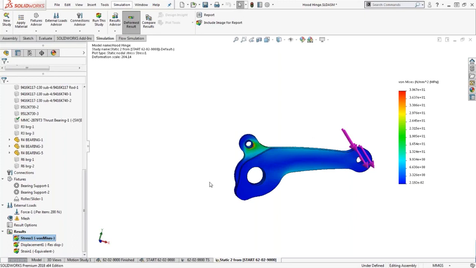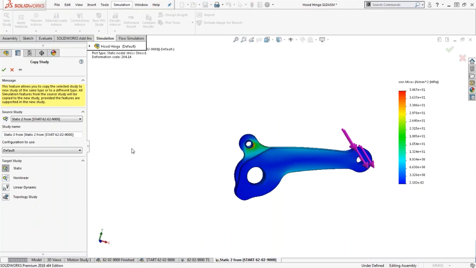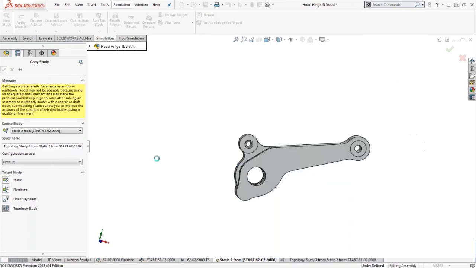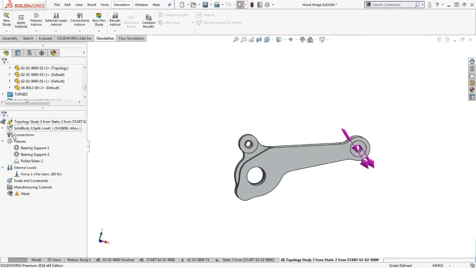So in this case, what we can do is jump straight to a new topology optimization study. Since the topology optimization study will require you to set up the same setup in terms of where it's fixed, how it's fixed, what load condition, what load amount we're going to apply, we could just right-click and copy that study and copy those boundary conditions from the original static study to a new topology study here. So when I hit OK, you see that I just created a brand new study and it transferred over those